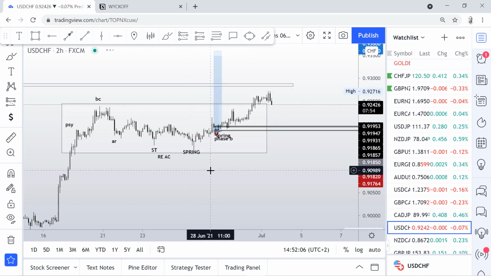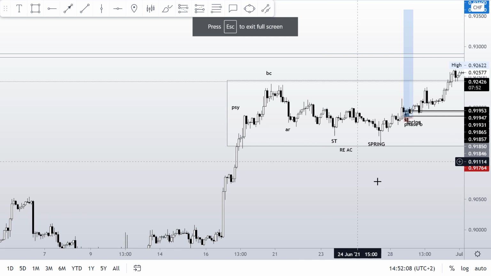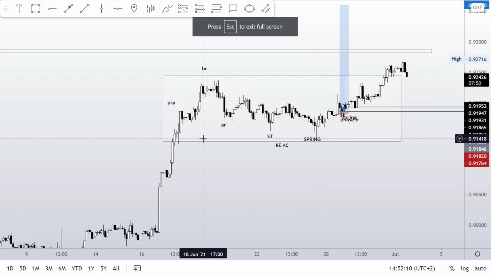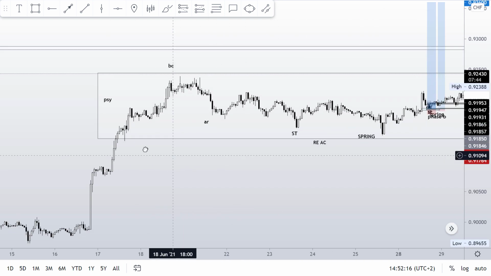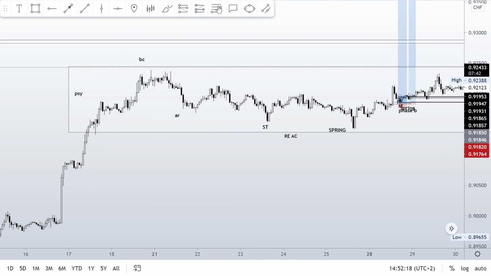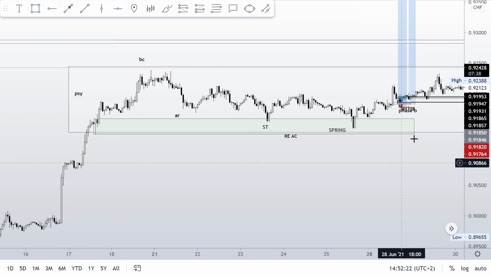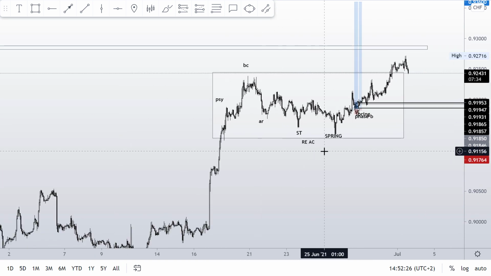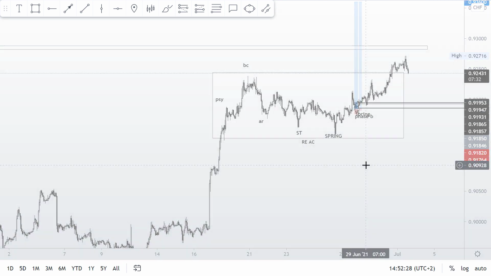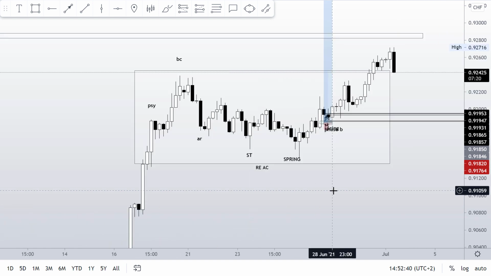Probably if we move down to a lower time frame, and let me maximize that, probably we could find an order block right here. So let me try the 1 hour also. Yep, and of course we have an order block right here. Okay, but this is besides the point in this specific occasion, and the reason for that is that we have a perfect Wyckoff schematic taking place even on the 4-hour chart, and this is a perfect schematic of a reaccumulation.